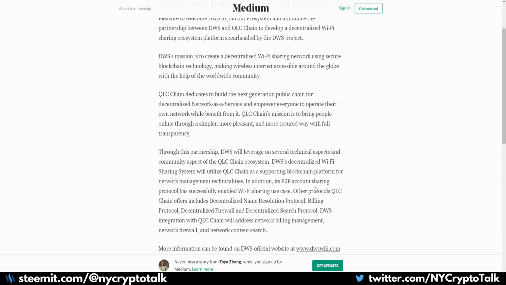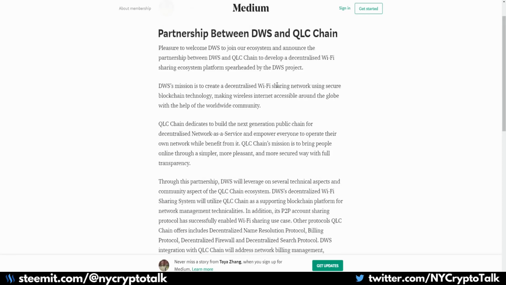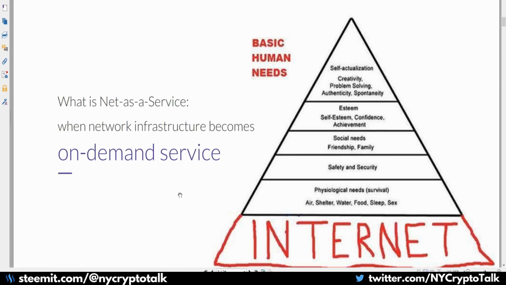They both have strong key points, QLC obviously being a much longer vetted project with a lot more technology behind its back, but they do see a vision with DWS. I believe that they're going to be able to utilize their decentralized Wi-Fi sharing network as far as a good partnership. So I'm not going to go into the white paper, but I saw this slide deck from them, which I thought was fantastic,